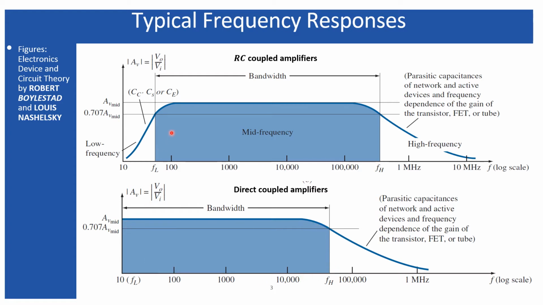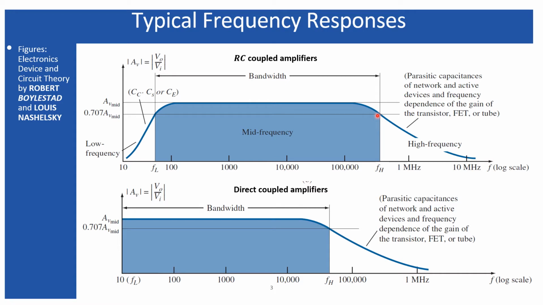But for the single amplifier using the bipolar junction transistor, that means the voltage divider bias circuit, the fixed bias circuit, or the self bias circuit, whatever I have discussed in my earlier lecture, for all those we must use these three capacitors, and definitely we will have this lower cutoff frequency. Now, what about the higher cutoff frequencies?